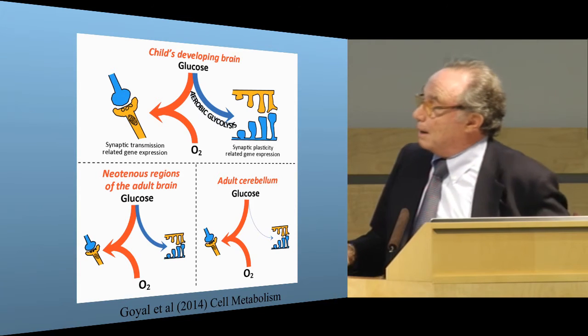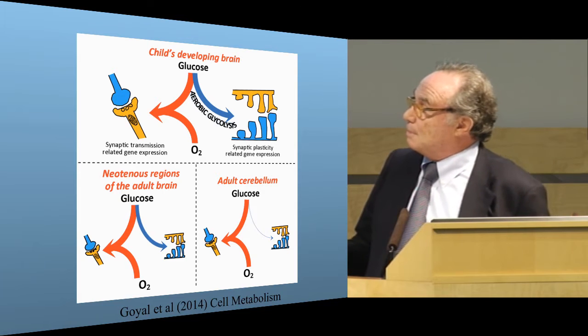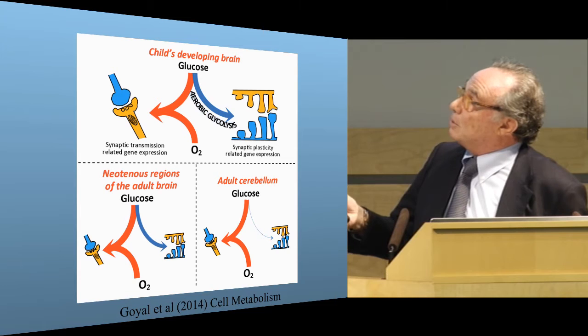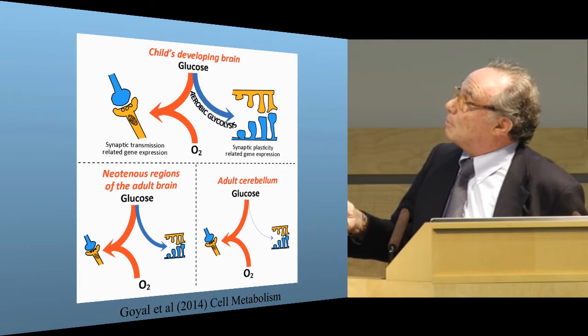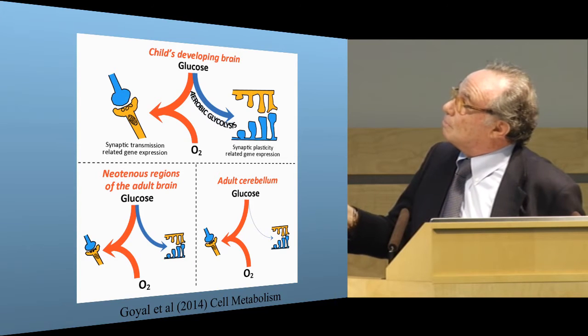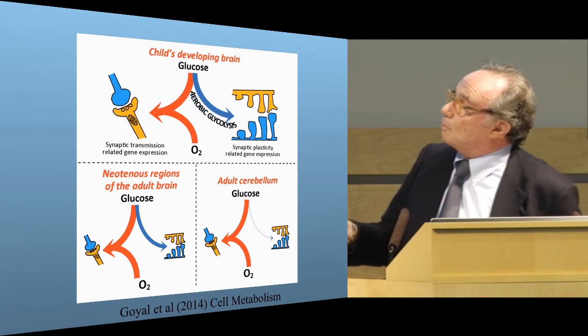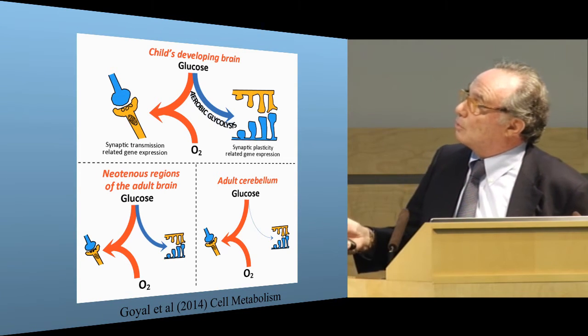And the postulation by Goyal and Reichel, as Mike mentioned yesterday, is that aerobic glycolysis, which is predominant in the developing brain, may be related to synaptic plasticity and expression of genes related to this phenomenon. And there is some coupling, some oxygen consumption, of course, but this seems to be more related to synaptic